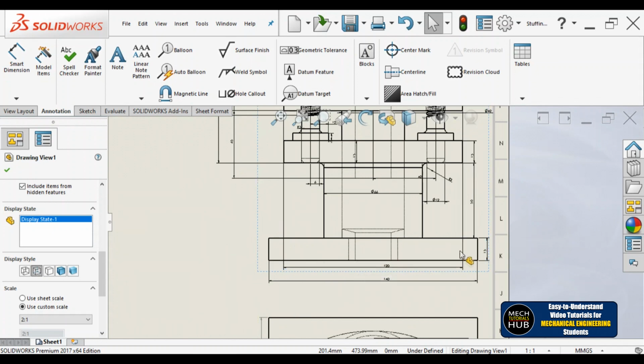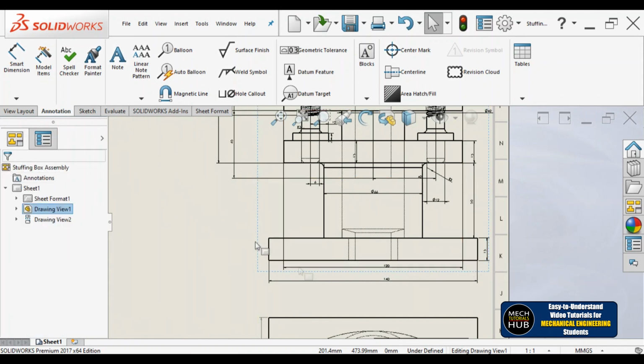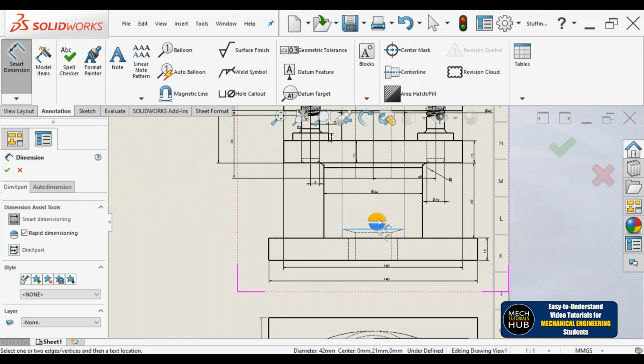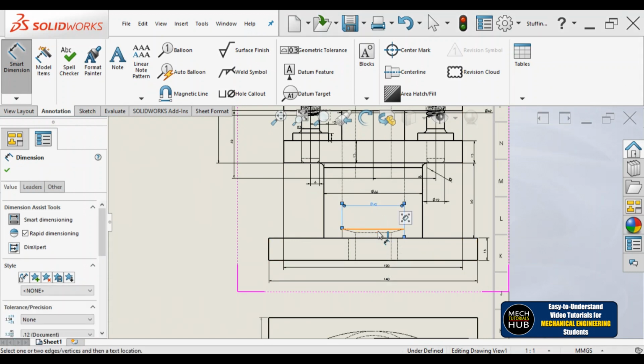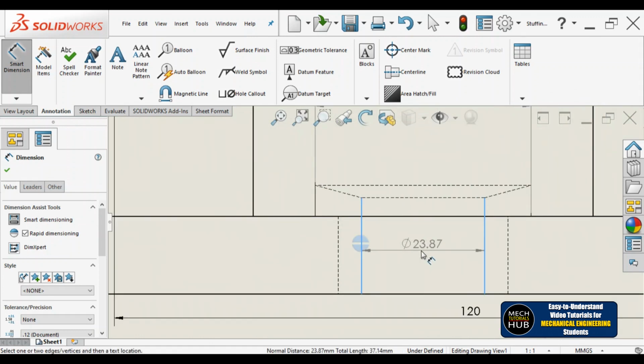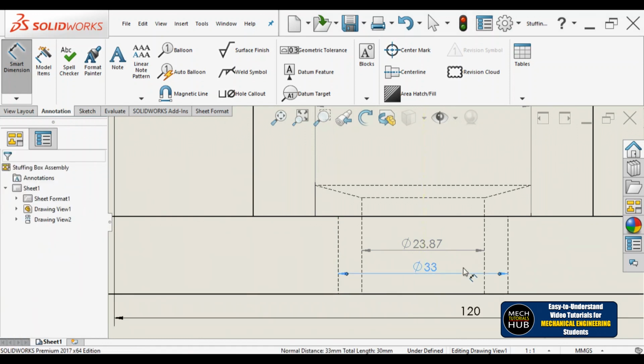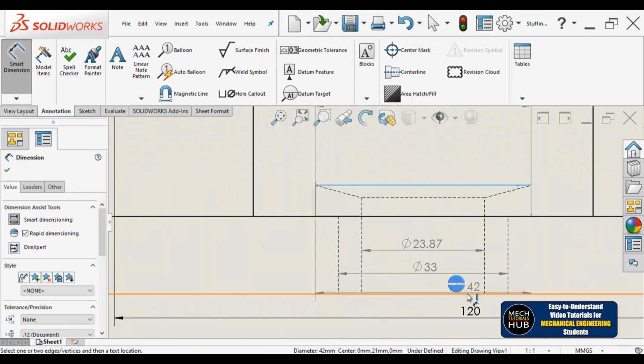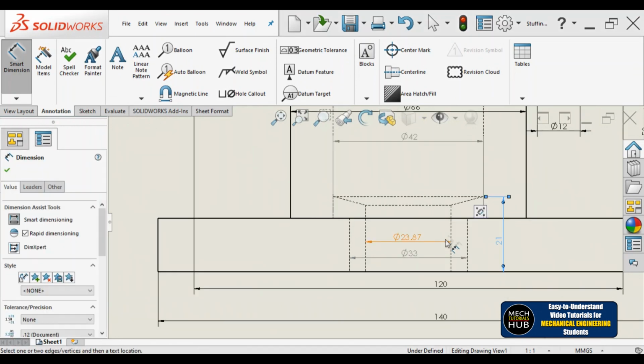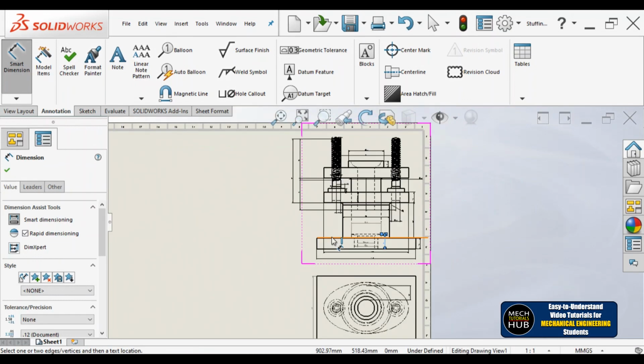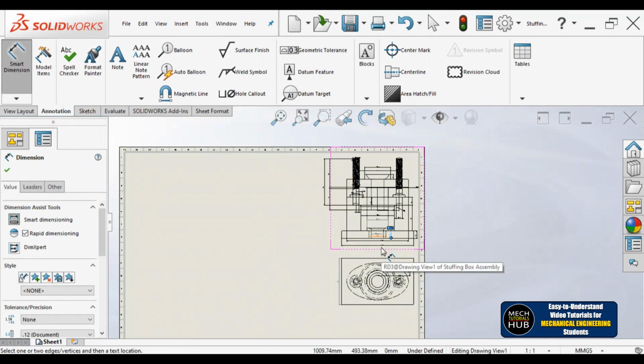This hidden part is one more internal part with all the dimensions. If dimensions are given to you, and if I forget to give something, try to understand. Let me give this dimension, which is 42, and from here to the next, let me increase the size, it is 23 point something, and out and out it is supposed to be 33, and overall height from here to the bottom is going to be 21, or whatever the dimensions. All dimensions will be given to you. Accordingly, you have to take this part out.